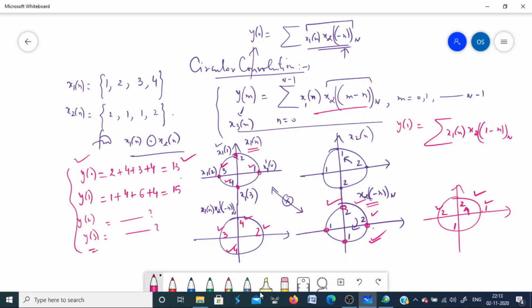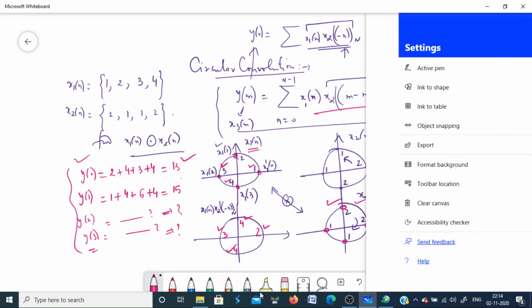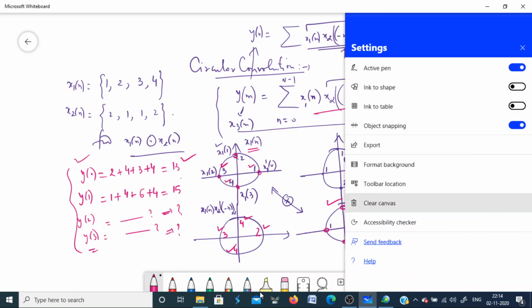Okay, this is how you find the circular convolution of two signals. You can complete this answer, you can find the rest two values. Okay, now what is the utility of this